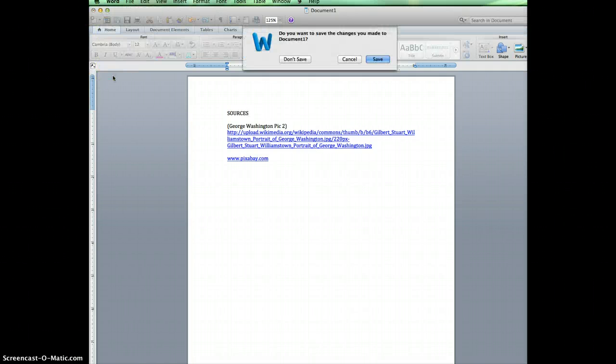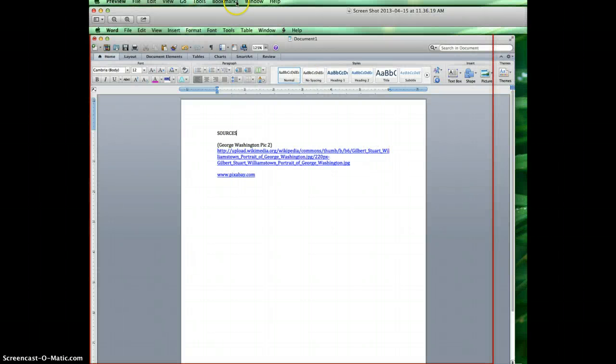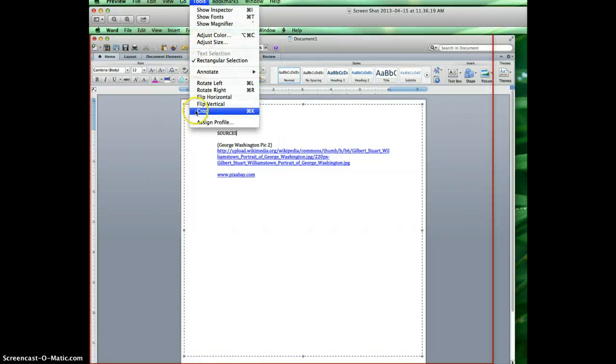So you hit Command, Shift, and 3, and you take a screenshot of your sources page, and then you can quit your document program. You should save it. I'm not going to, but you should, just in case something happens. And then you're going to open up your screenshot in Preview, and then you're going to crop it. So you're going to get rid of all this extra stuff up here, and you're just going to pick the part that has your sources, and then you go up here to Tools and Crop,